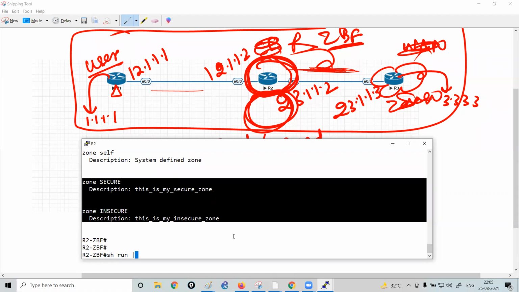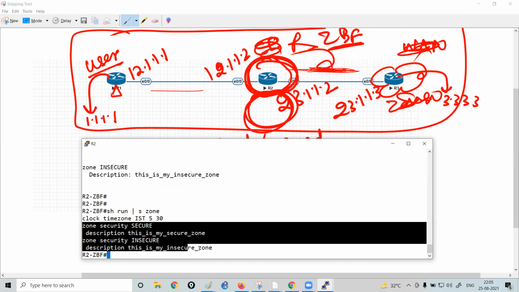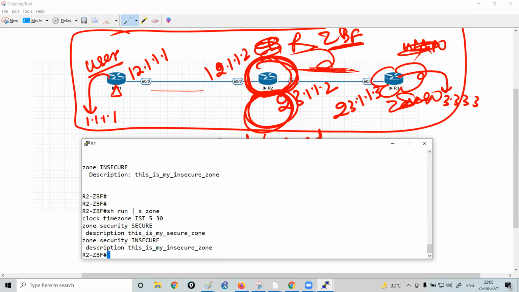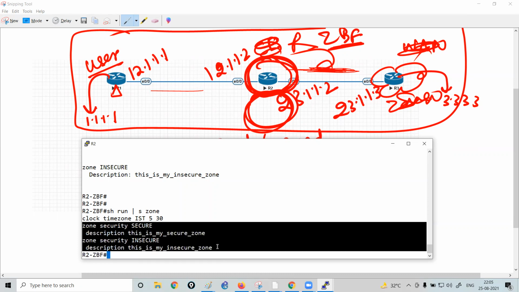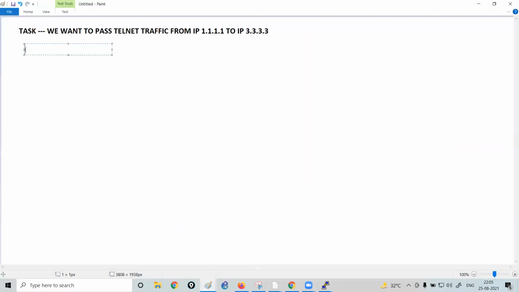Show run pipe section zone. So you can see this is the configuration which I have performed as of now. Let me just copy this. Okay.